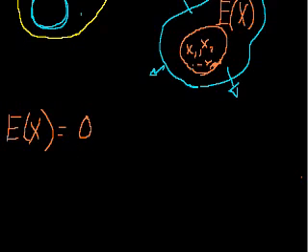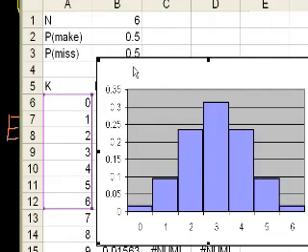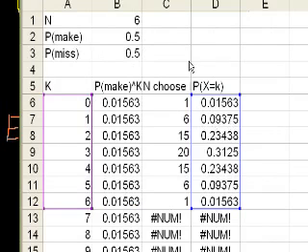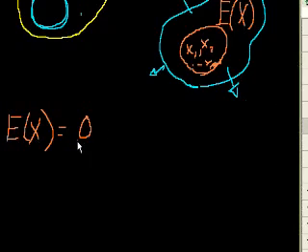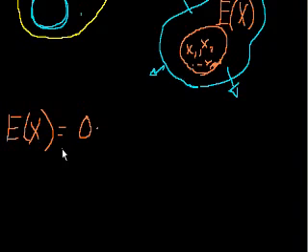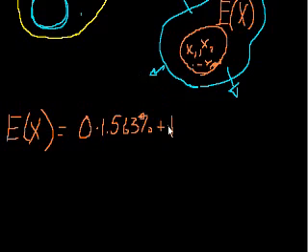We figured out before that the frequency, and it's a little inexact because I don't have the exact numbers. So we get 0 showing up in our random variable 1.563% of the time. Let me write that. I can write it as a percentage, 1.563% of the time, plus 1 happens